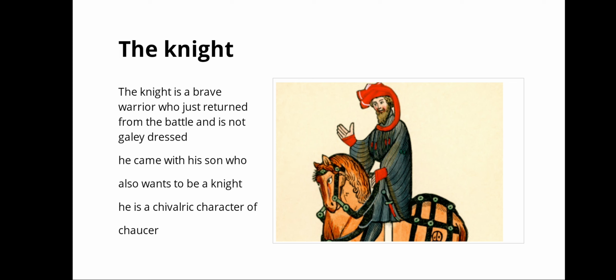Actually, Chaucer wanted to describe each and every character in such a way that he can describe his own age, 14th century. That's why we can see that he has not given the exact names of the characters, but he has given character names like the knight, the wife of Bath, the clerk of Oxford, and not the direct name, because he wants us to see them as a whole group of people, whole type of people during 14th century.